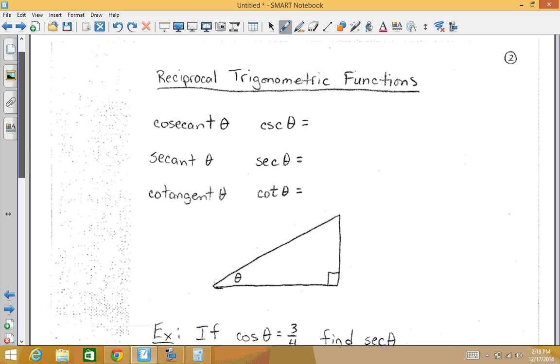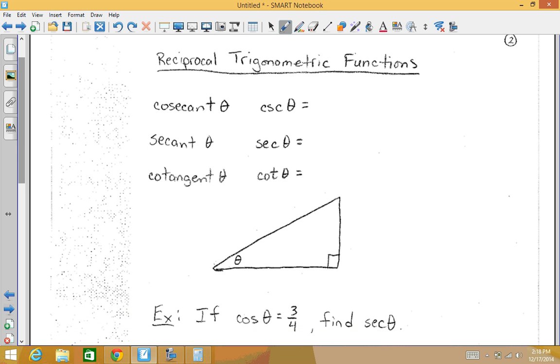Now these three probably do not look familiar. In geometry, you should have been introduced to sine, cosine, and tangent. Here, we have what's called the reciprocal trigonometric functions. Now these are the reciprocals of sine, cosine, and tangent in the order written here. So the cosecant is the reciprocal of sine. That's 1 over the sine